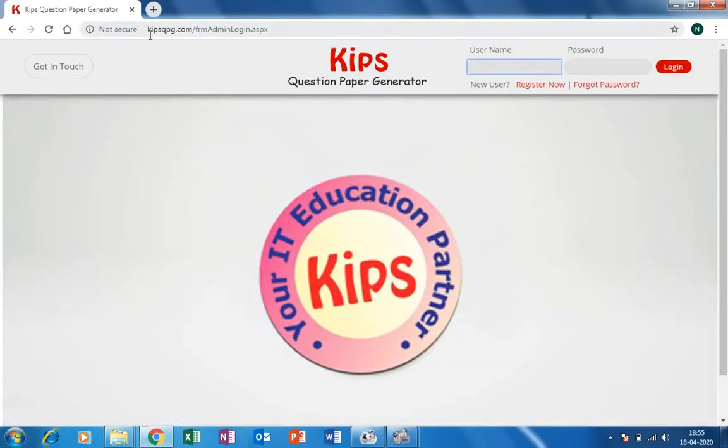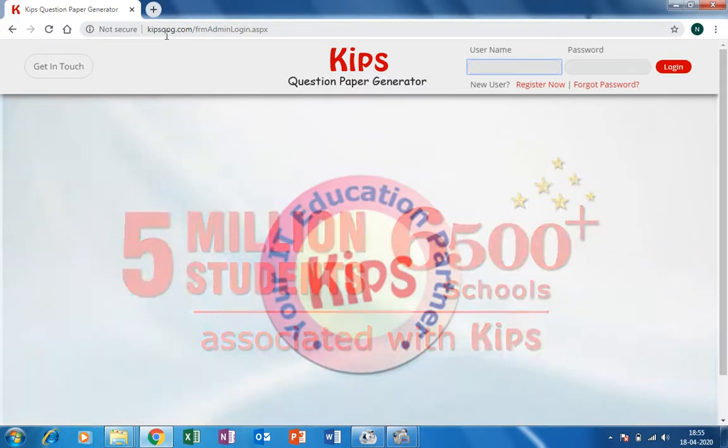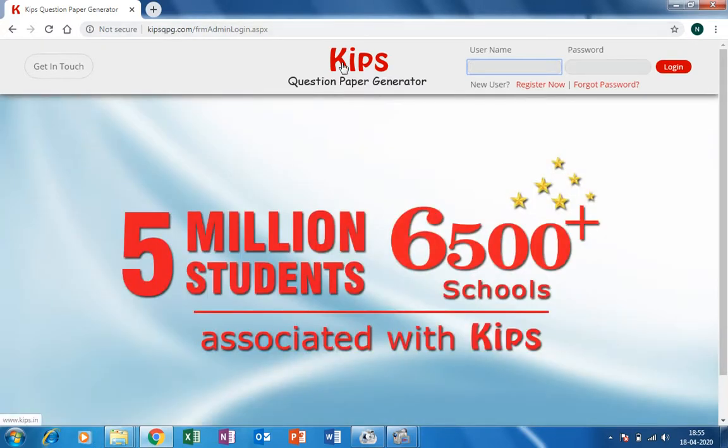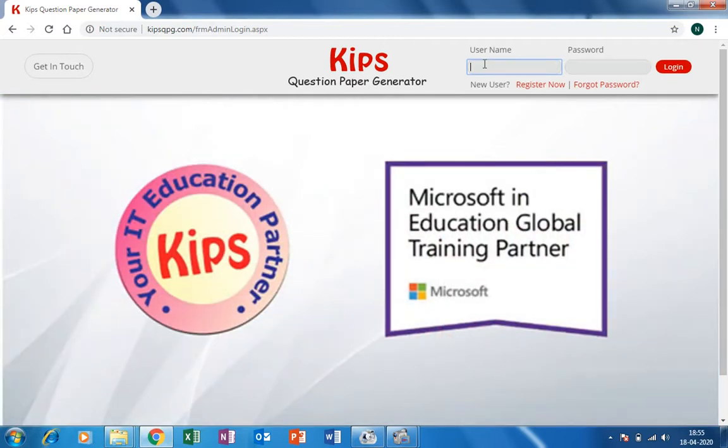First type kipsqpg.com, then enter your user ID.